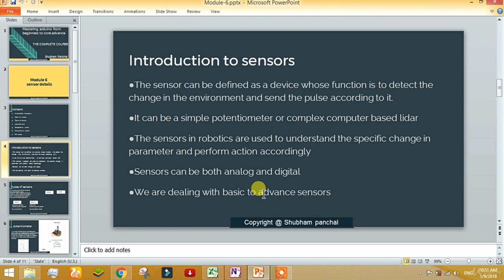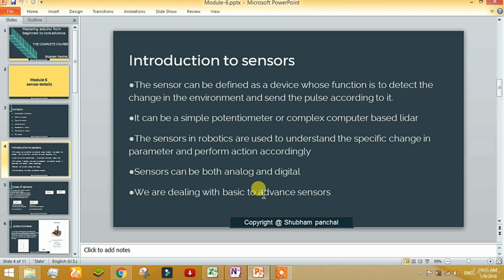For example, if a sensor is connected to the environment and the temperature rises and it is a temperature sensor, then the sensor will say that the temperature has gone up from 35 degrees Celsius to 45 degrees Celsius. It can be a humidity sensor saying that the humidity is increasing or decreasing with time. But the basic thing is that sensors are devices that take data in the form of inputs.